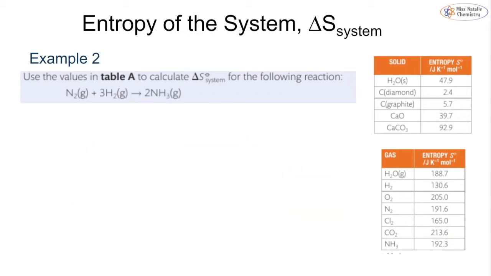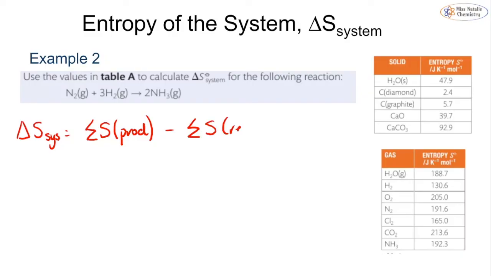Then we can look at another example where we've got the formation of ammonia. So we have the nitrogen plus 3 molecules of hydrogen, giving us 2 molecules of ammonia. Now in this one, we have to take into account the fact that we have these coefficients. So we have our entropy of our system is the sum of the products, again, minus the sum of the